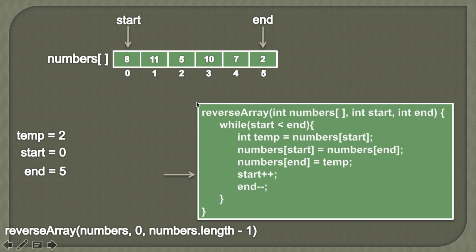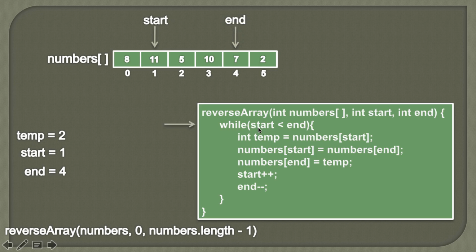So friends, here we have swapped these two values which are being referred by the start position and the end position. After we have swapped these two values, now we simply increment the start by 1 and we decrement the end by 1. So here we are incrementing the start by 1. As start is holding the value of 0, it becomes 1. So now it will refer to the index 1. Moving ahead, and then we'll decrement the end by 1. As end is having value of 5, now it becomes 4. And now it will point to the fourth index.